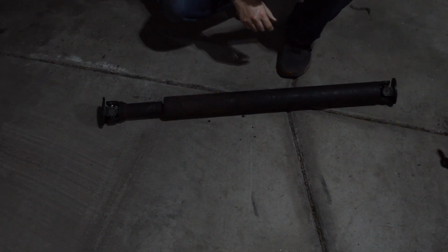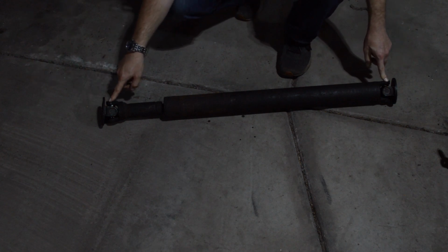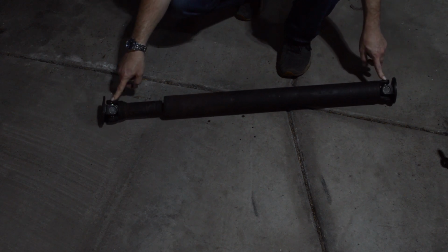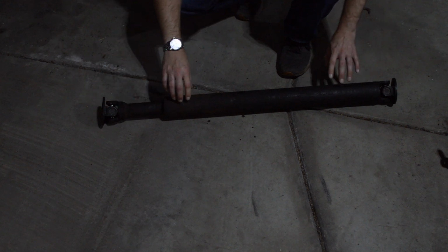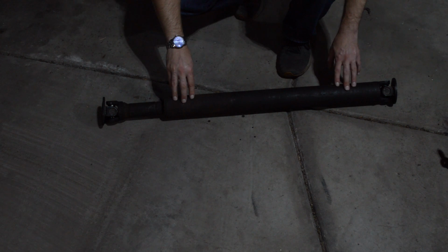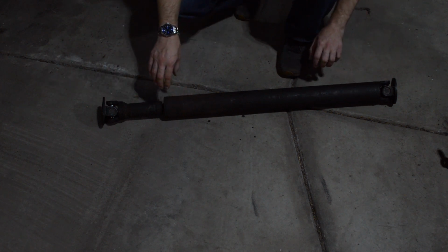So a couple of things that can wear at this. First of all, you've got U-joints at either end. These can go bad. So just because you've replaced the U-joints on the axles doesn't mean that you've got all of them. There's one that goes up by the gearbox and one that goes by the diff. These can go bad. It can cause a vibration. And keep in mind, the diff, remember, in this car is 4.1 or somewhere around there to 1. This thing's going to be spinning 4 times faster than the wheels, and so it's going to magnify any sound that you're getting. So the U-joints can be bad, and a little bit of a vibration will become a big